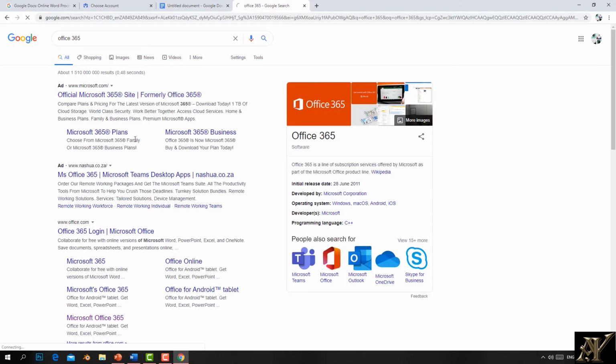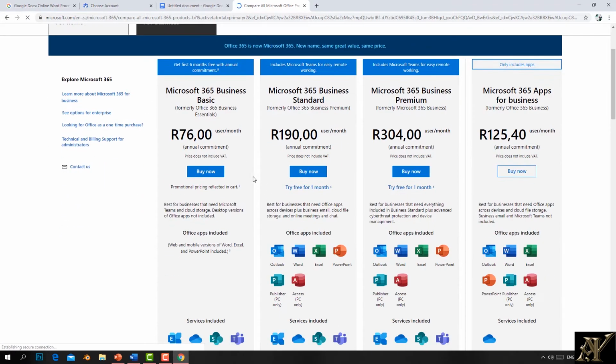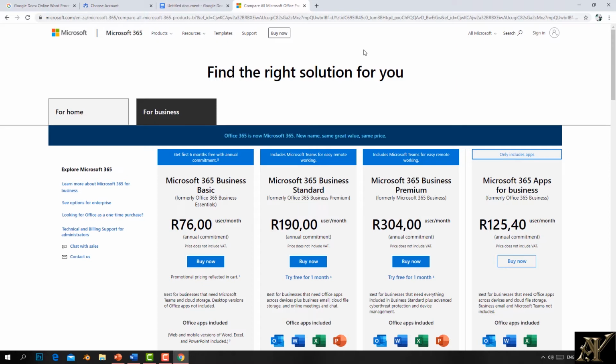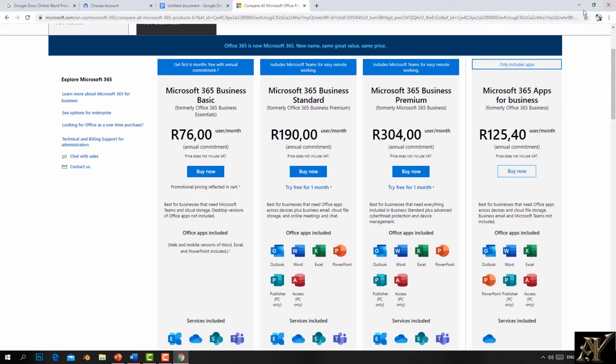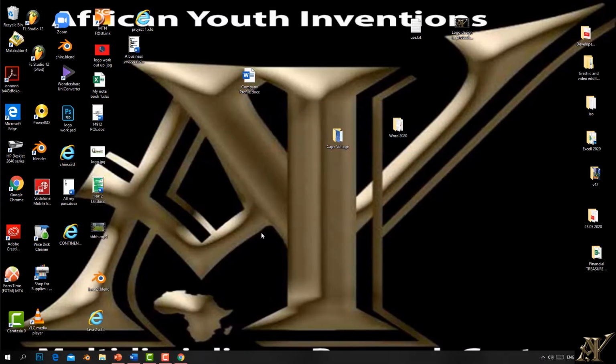Once you go here, you can open it and create an account for 365. So this is the price. You can buy this, or you can start with a free one, which requires you to create an account, but it's not going to allow for other options. So you need to buy, or otherwise you must have Microsoft Office Word installed,